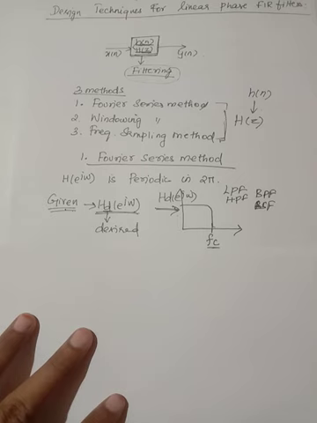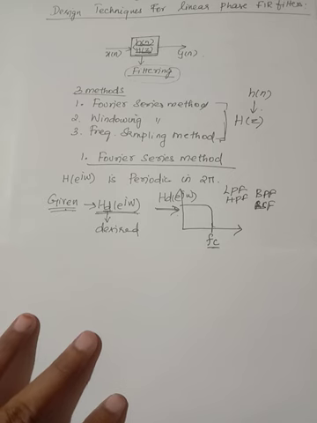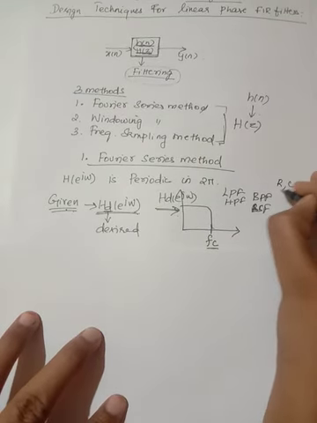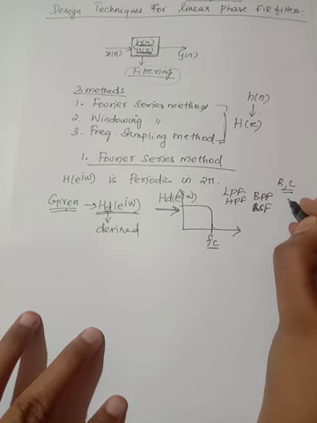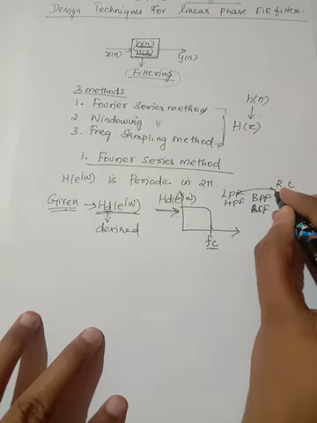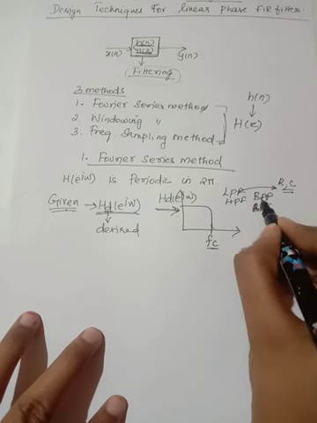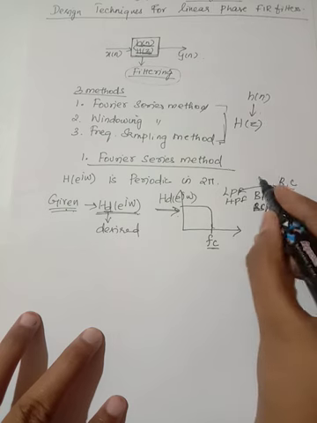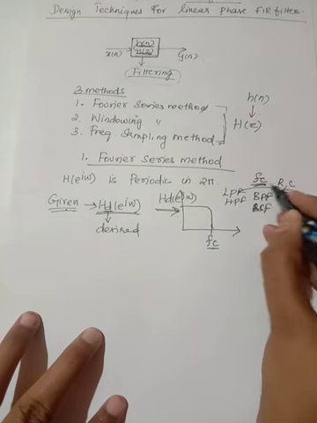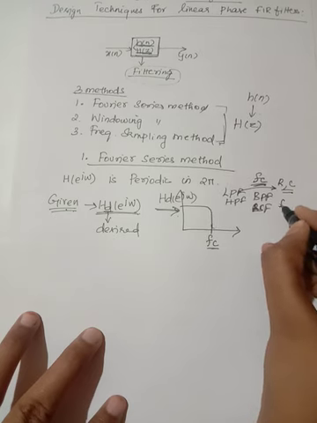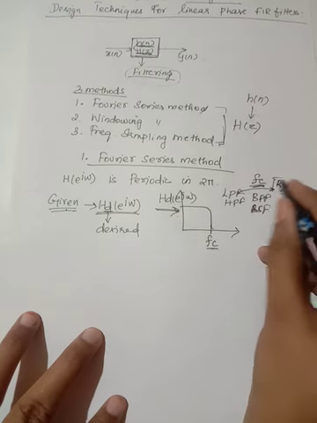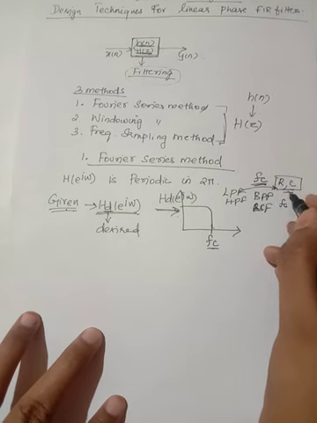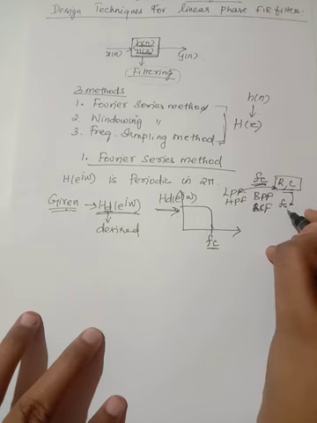Normally, if you want to design an analog filter, consider you are going to design a filter using passive components, that is R and C. How will you design these R and C values? First you need to know which type of filter you are going to design, whether it is a low pass filter, high pass filter, band pass filter or band stop filter. Based on these characteristics, you will select the cutoff frequency, then you design these R and C components. Then you will check with your inputs whether you are getting the desired cutoff frequency.